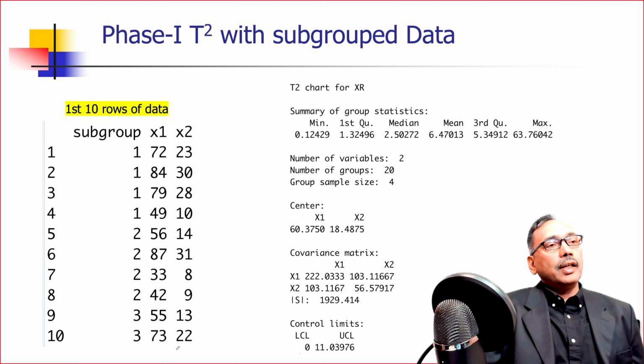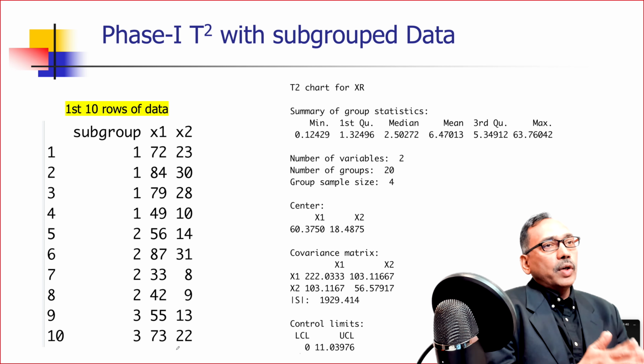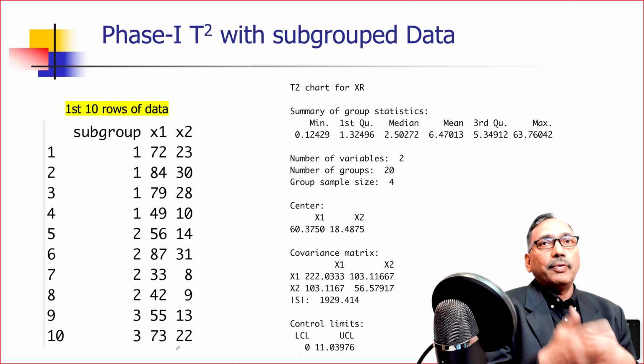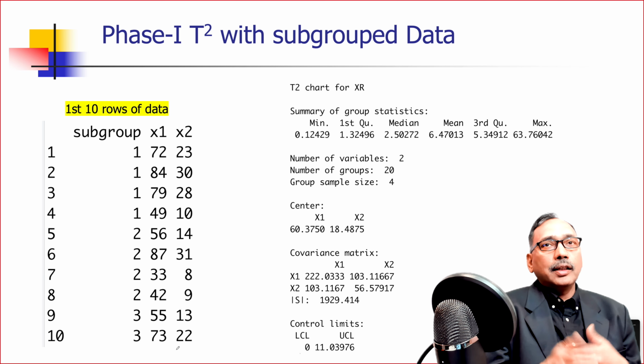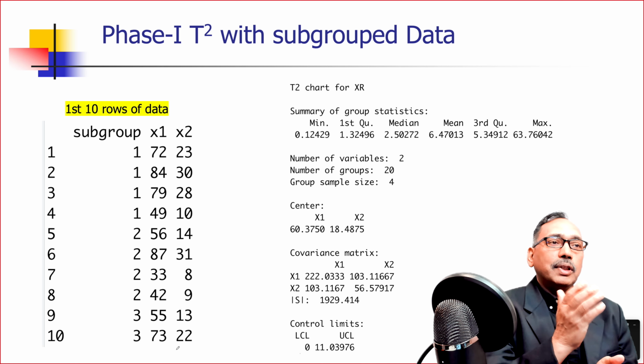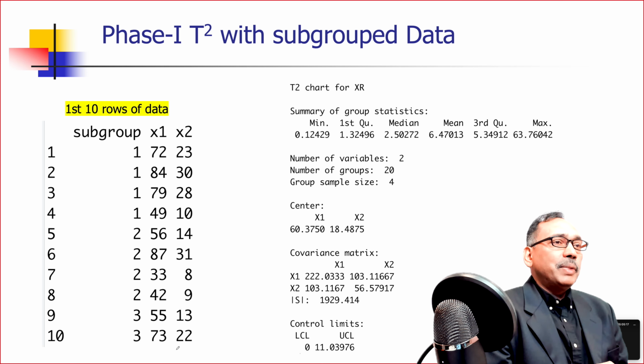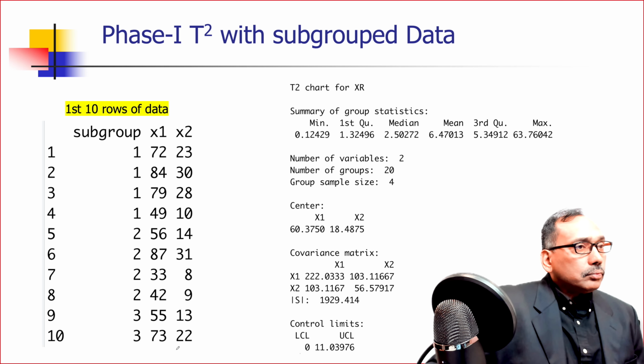I have this data, and as you know, we work on control charts in two phases. Phase one is where we go through the process of analyzing the data and finding the control limits. If there are any data points outside the control limit, we try to find out the special or assignable cause of that variability, and then remove that data so that our control limits are based on a process that is in control. No assignable causes of variability are present, only common causes or random variability. So what I will do is